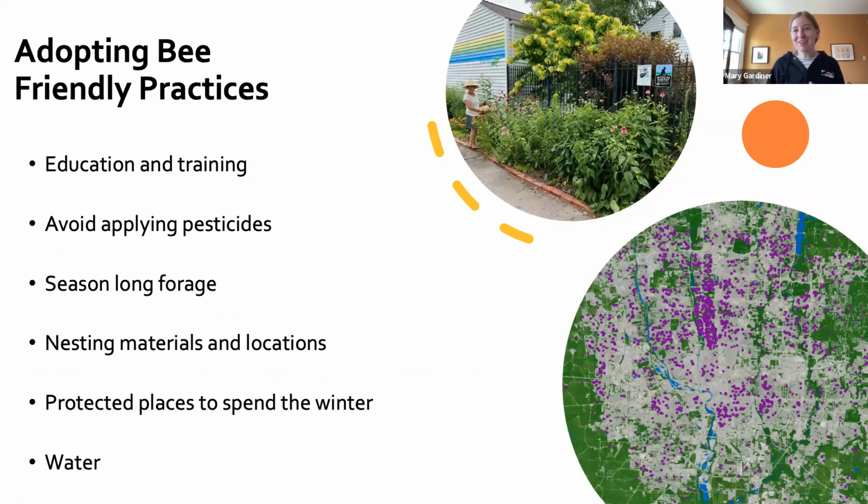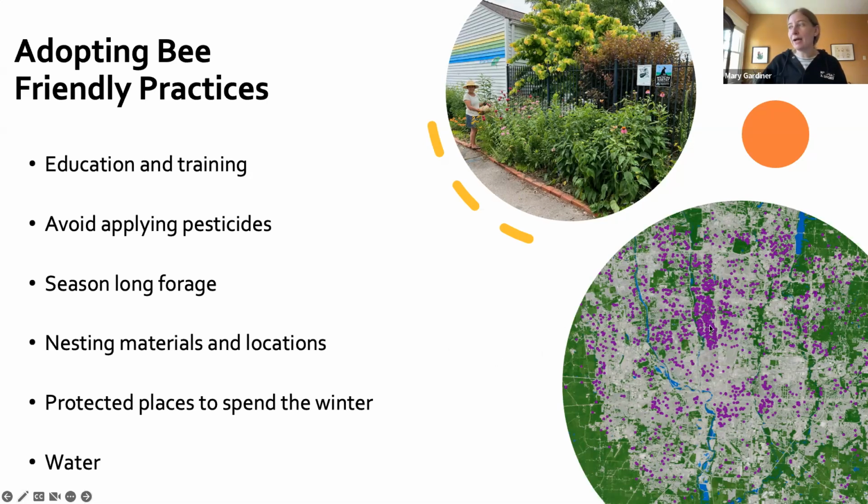I give hour-long presentations about this, but just really briefly, as we get into our main seminar, things to think about with a bee campus. Providing education and training on how to do this is a great way to have an impact really broadly. For instance, in Columbus, the Community Backyards program is a rebate-based program where people can get native plants for their yard. This is from Franklin County Soil and Water.